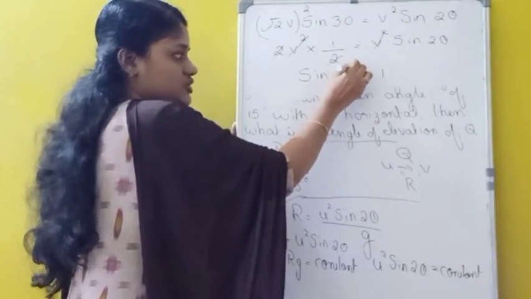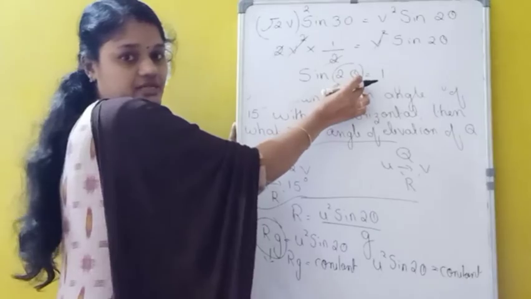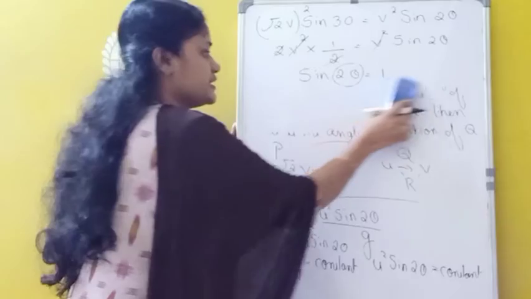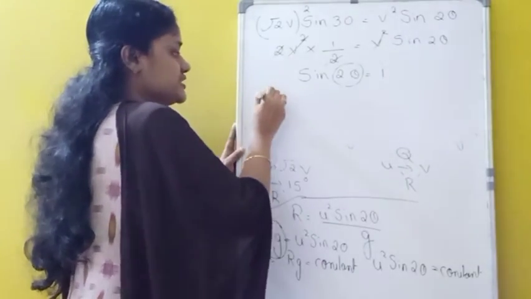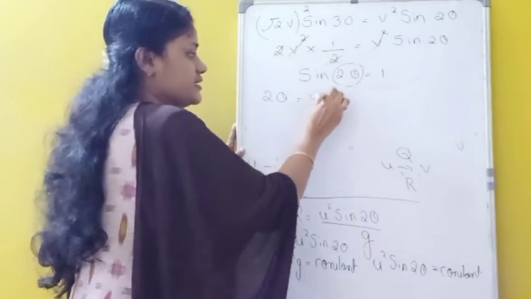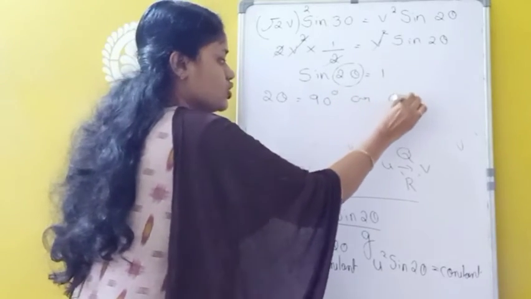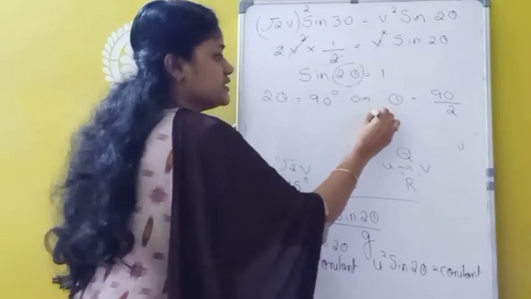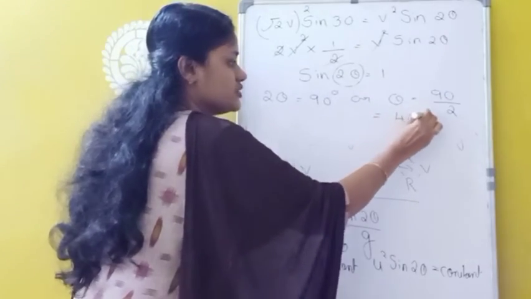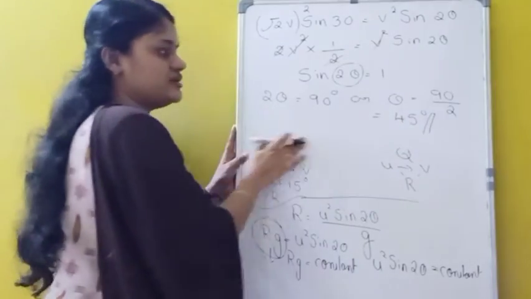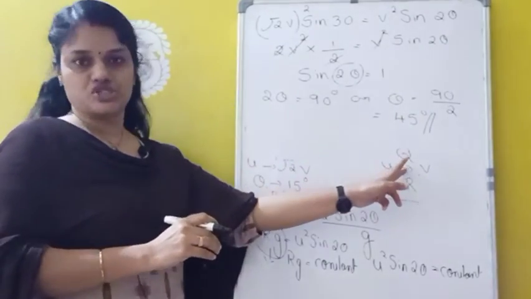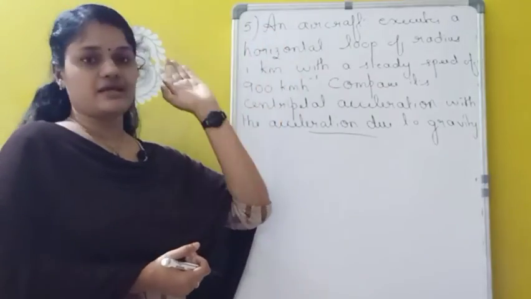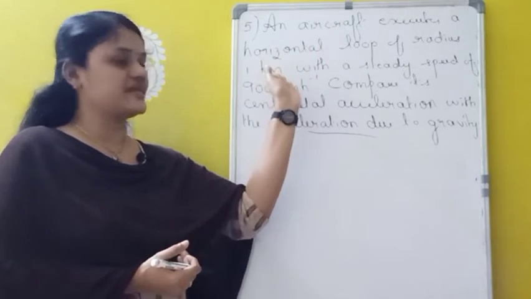So if sine of a particular angle is given as 1, what is this 2 theta now? It is equivalent to 90 degrees. Sine 90 value is 1. So instead of 2 theta, what can we write now? This 2 theta will be equivalent to 90 degree, or theta equals how much? 90 by 2, that is equivalent to how much? 45 degree. So what is the angle of projection for the second one? That means projectile Q, what is the angle of projection? 45 degree.